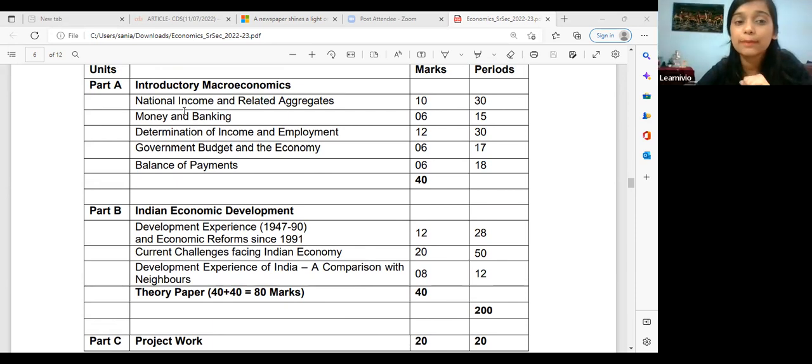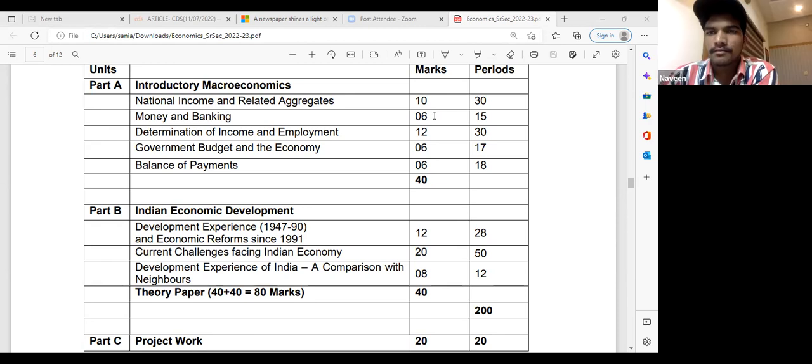How short term goals? For example, I'm teaching you money and banking. This is of 6 marks, right? Once I'm done with the money and banking unit, you should make sure that whatever question comes from money and banking, you will be able to answer it. Why? Because you are going to appear for boards, right? In boards, nobody knows who is teaching you, what you are able to understand or what you are learning. They'll be preparing questions according to their need. They cannot consider that Naveen studied these topics, so I'll make questions from these topics. All the students are giving it, whether you have studied well or studied nothing, no matter. The examiner will be preparing the exam according to their mood and according to the need of the syllabus.